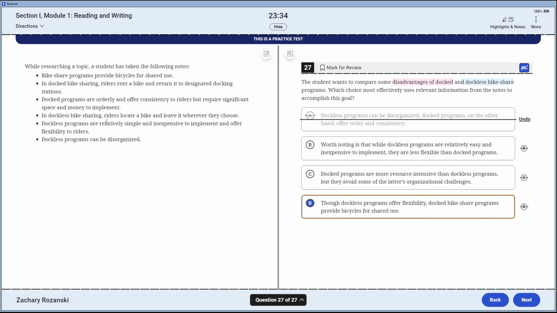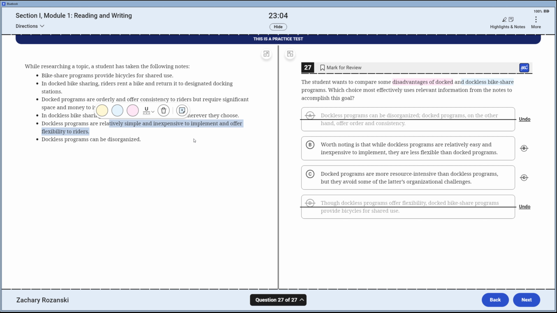The dockless programs offer flexibility. Is that a true statement? Whenever they want, that does seem flexible. Absolutely, I can grant that flexibility to riders. Docked, they both do, right? It says right there, they both do. D is a liar. Worth noting is that while dockless programs are relatively easy and inexpensive to implement, they are